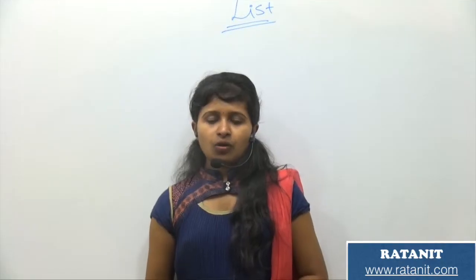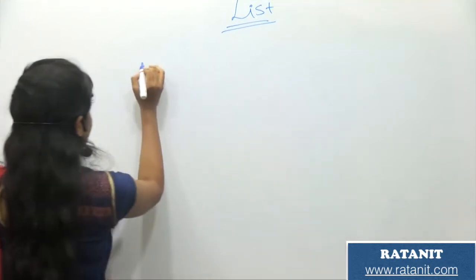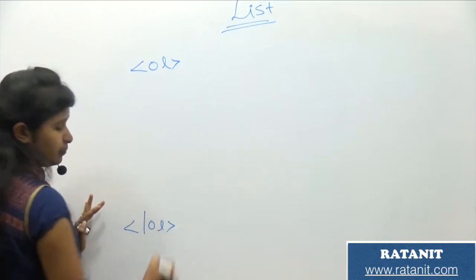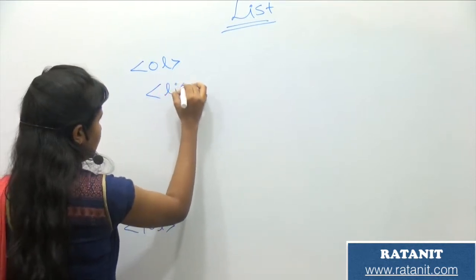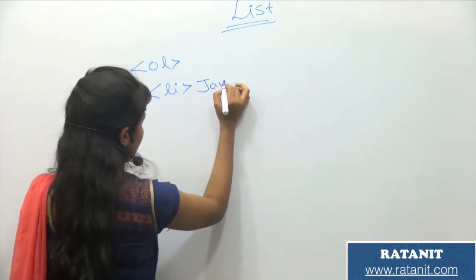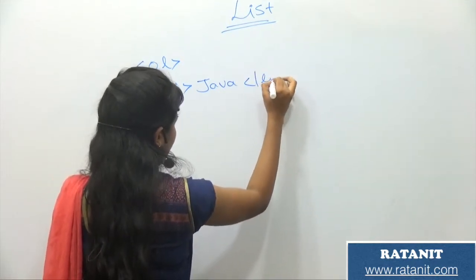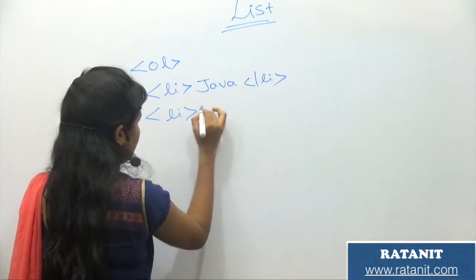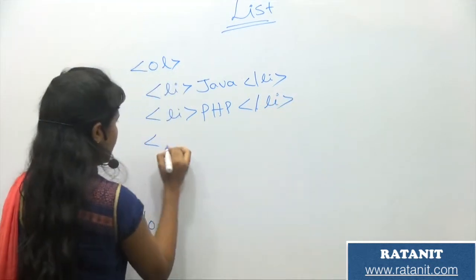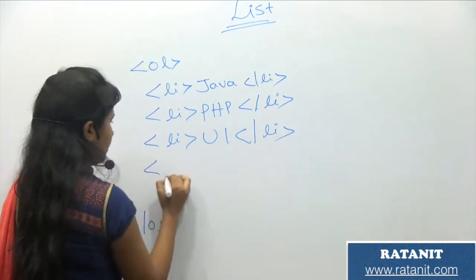Now we are going to discuss ordered list. Ordered list will be displayed like this. And I am having my list. Here Java, and I am having my list PHP, and I am having my list UI, and I am having my list